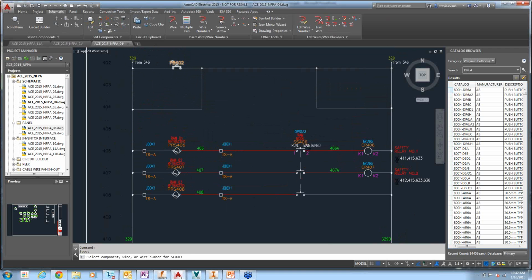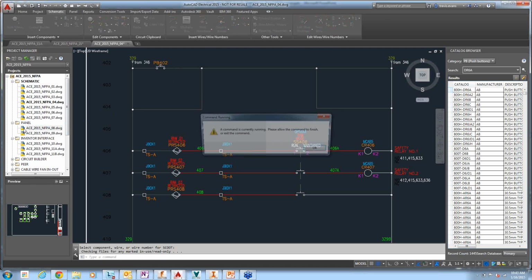So some other things we talked about is being able to move those components, automatically keeping those trim components, so I don't have to re-extend, re-trim, do that nonsense. It's going to do that for me, building all that information in. So there's a quick way to kind of show some of the things we can do, and it wouldn't be complete with an AutoCAD Electrical demo if I didn't show you some of the